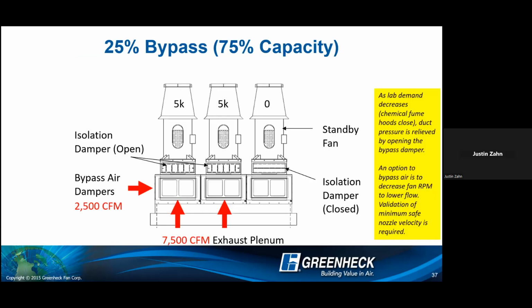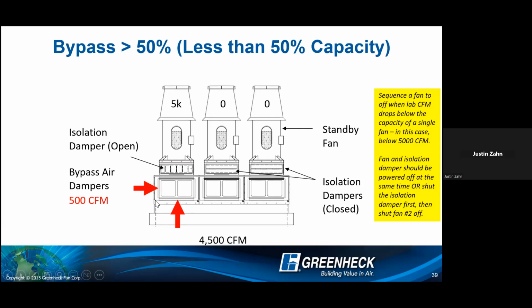So we'll start with your simple 10,000 CFM application here. Both fans are taking on 5,000 CFM. You have 7,500 CFM coming from the lab space, and then you have your bypass air dampers pulling in around 2,500 CFM. As the demand from the lab space decreases, so now we're at 5,000 CFM, you're going to need to pull in more bypass air. As it decreases even more, so now we're only at 4,500 CFM,